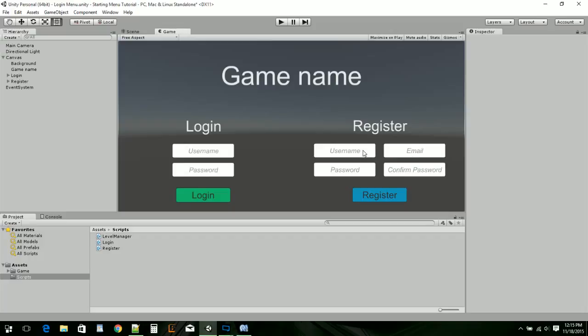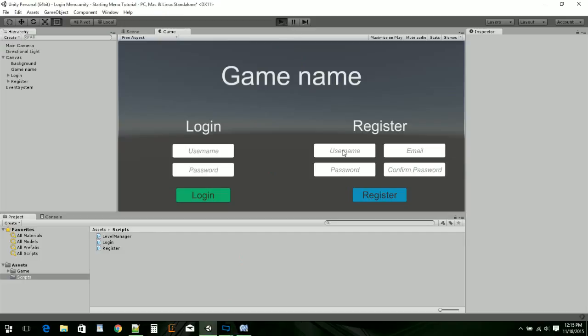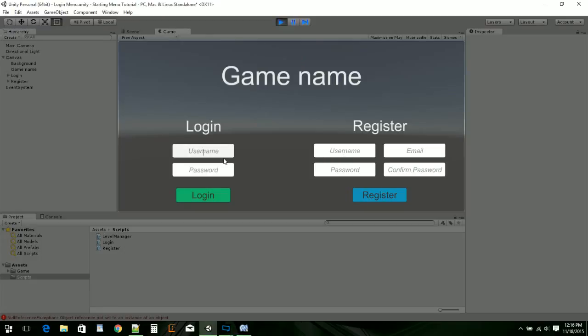So if I'm in username and I click tab, here I'm gonna actually play it right now. I'm gonna save this right now. I'm gonna play it. I'm gonna show you. So before it was like this. So tab, and it doesn't go over. So now if I click tab,